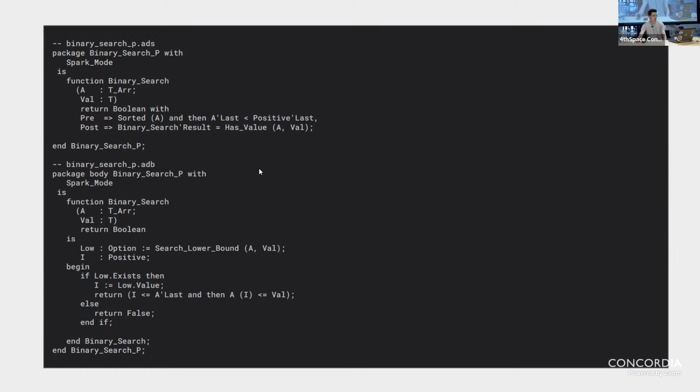And then the implementation of your code doesn't really change. It's mostly just the contract at the top here that has to be defined. So here you have the implementation of the binary search algorithm. With the provers, I can confirm that this binary search algorithm will never fail. It will never have any runtime errors. So I can safely use it throughout the rest of my program, and I'll never get issues from that piece of code.